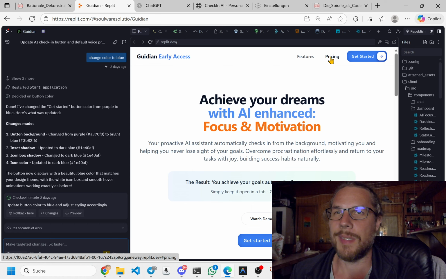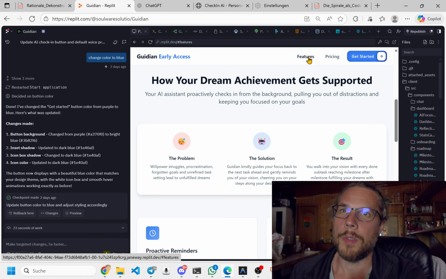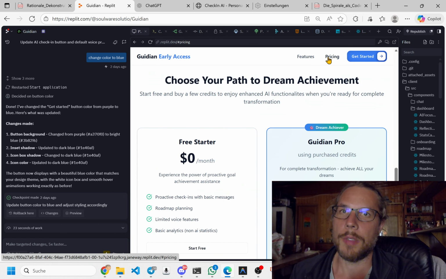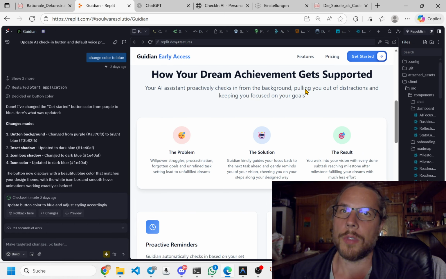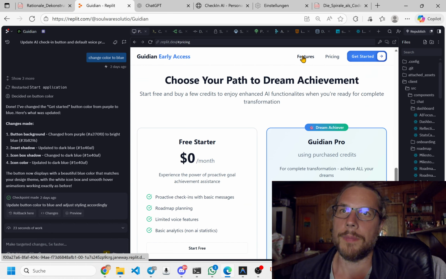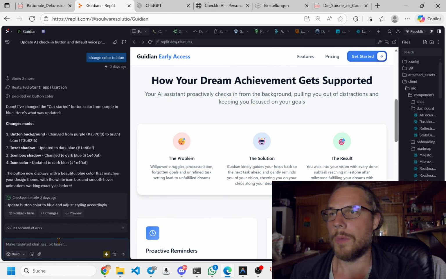Features and pricing buttons here in the menu. It's just for quick scrolling here. So I want a scrolling animation. Right now it's free for a limited time. They want to have people test this. It can edit things very fast, and